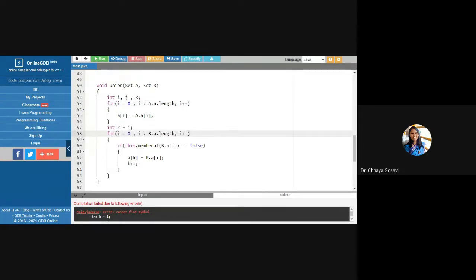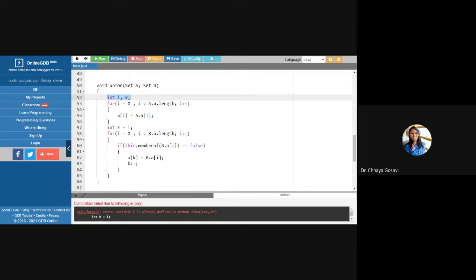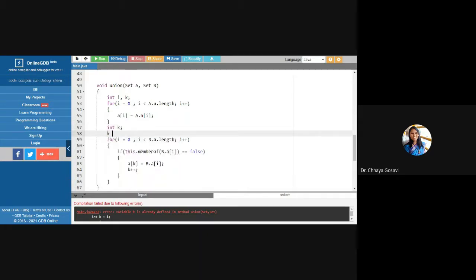When you come out of the for loop, the variable is not available. The scope of this variable i is only for the for loop, and if I try to use that variable here, Java gives me an error. That's why I have to declare these variables like this instead of defining them in the particular loop. That's why I ask you to practice and get the errors. First, declare the variable int k and then initialize it with i. Okay, the variable is already declared.